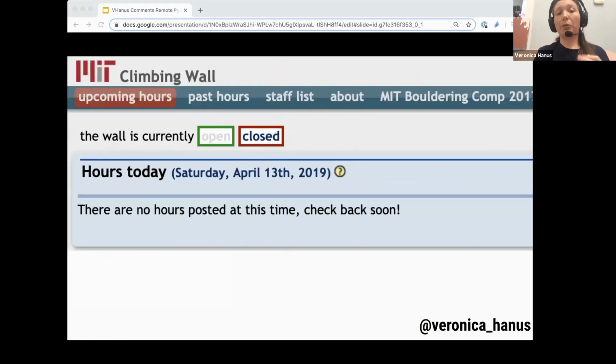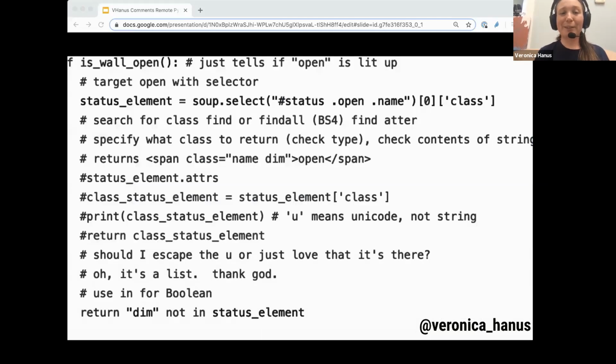Now, in our second example, we see something a little more complicated. When I worked at MIT, my lab was a few hundred feet from a student-run climbing wall, which I wanted to be able to visit whenever it was open. Problem was, it was only open when a student decided she or he wanted to open the wall. To catch the wall when it was open, I would have to hit refresh on my browser again and again. I used Beautiful Soup for the first time to scrape the website and send an alert for when it opened. Now, since this was my first time with Beautiful Soup, I had notes to myself listing to-dos, code that had been commented out that wasn't quite working but had worked 10 minutes ago and maybe I would need it again,